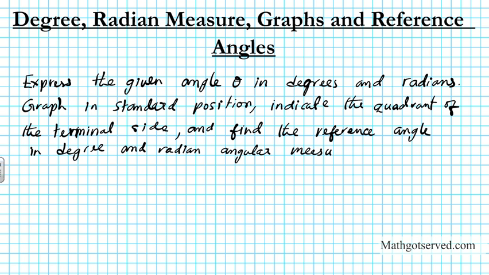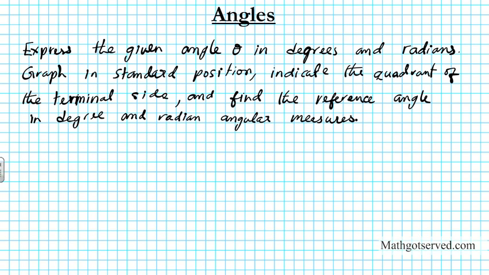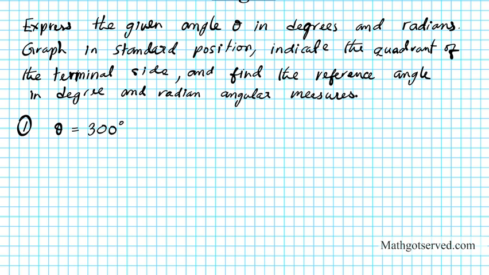So let's take a look at question number 1. For question 1, the angle under consideration is theta equals 300 degrees. Now, since this is expressed in degrees, we have to express it in radian form, and then we can write theta in degrees and radians. So in radian form,